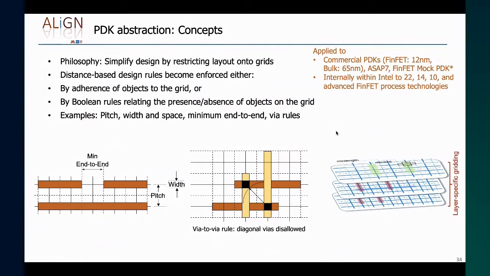In order to do this, we need to first abstract the process design kit. The design rule manual typically is really complicated. It's human readable. It's written in plain English for the most part. And that has to somehow be abstracted into something that's simpler. So what we try to do over here is that we work with a grid-based structure. But unlike the conventional lambda-based grid, we do a few things that are different.